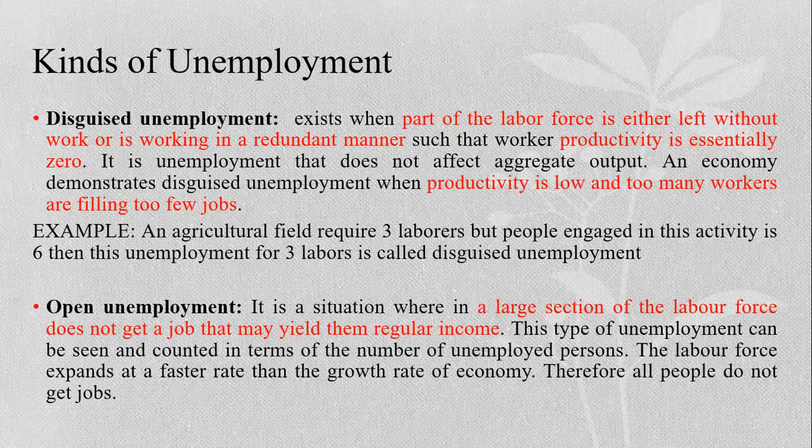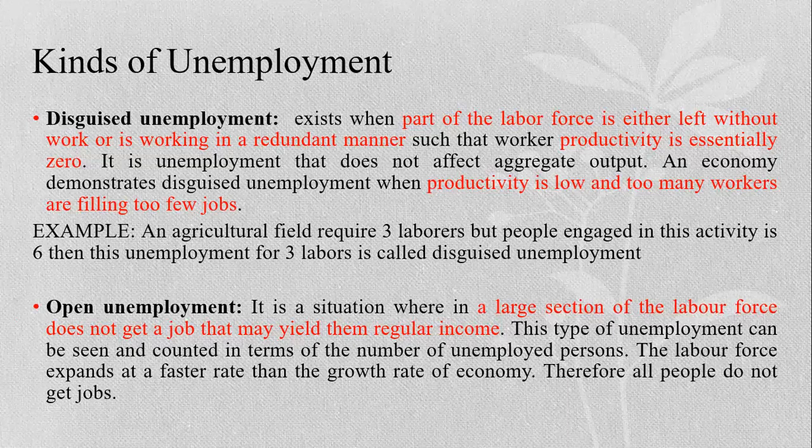Similarly, if you have ever traveled to Delhi, you might have seen that at the UP border and all those areas, in toll plazas, where a single person can do the work and handle one booth, instead of one person there, you may find 3 or 4 people working there. So that is disguised unemployment. Those 3 additional people who are sitting there, that is disguised unemployment.